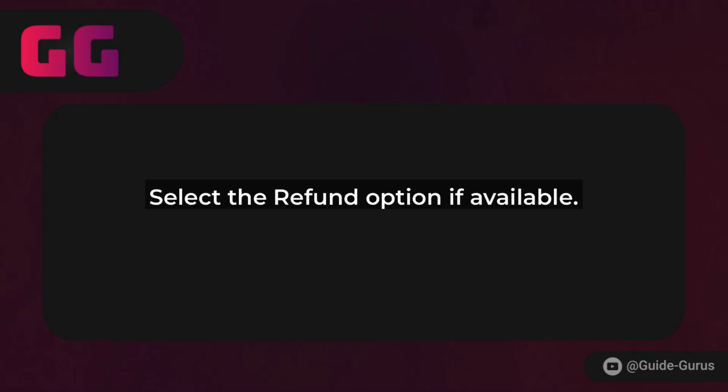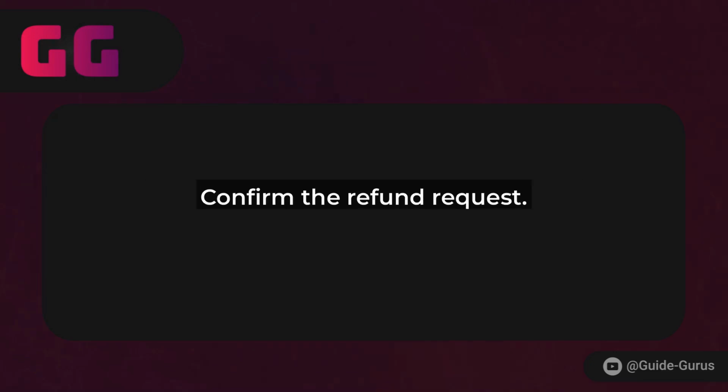Keep in mind, though, that the other person has to approve the refund for it to go through. If it's a business or merchant, they might have their own policies, so it could take a bit longer. One important thing to note: not all payments can be refunded. For example, if the money has already been spent or if it's been more than a certain time since the transaction, you might be out of luck.